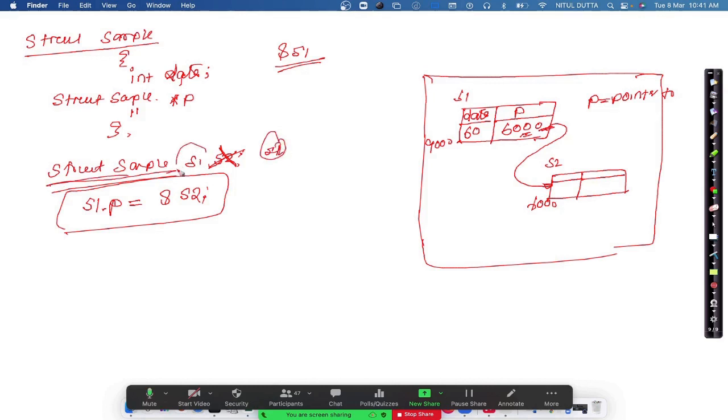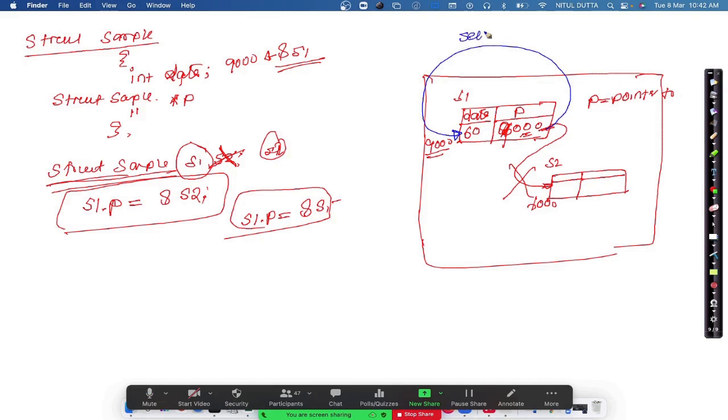But if I see here, S1 is also of the same type. So can I put this 9000 in this location? If I write S1 dot P is equal to ampersand of S1. What is S1? S1 is nothing but 9000. Ampersand of S1 gives you 9000. This is called a self-referenced structure. Self-reference, because it is referring to itself. That's why it is called a self-reference structure. And the concept of self-reference structure like this